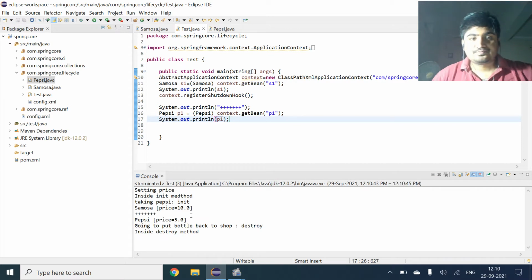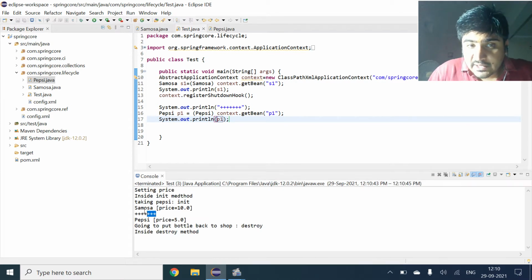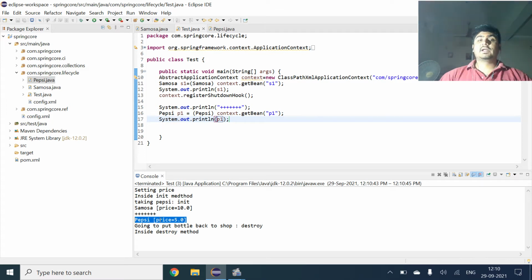So now when we print that, first of all we are getting this for our reference purpose. After that we are getting the output: the Pepsi, and in the bracket we are getting the price, and we are getting the destroy method, that going to put the bottle back to shop, and the init method, taking Pepsi. So this is how it works.